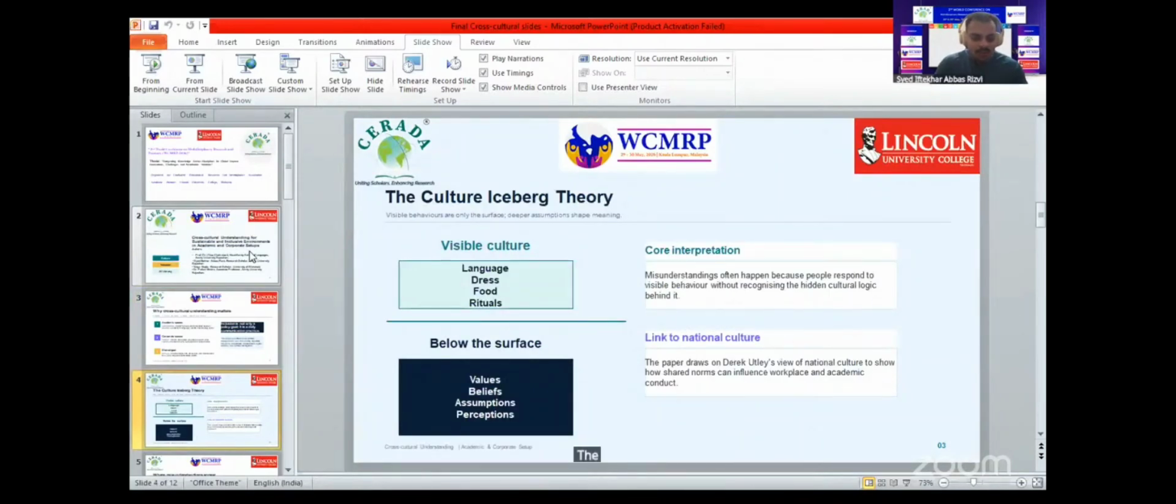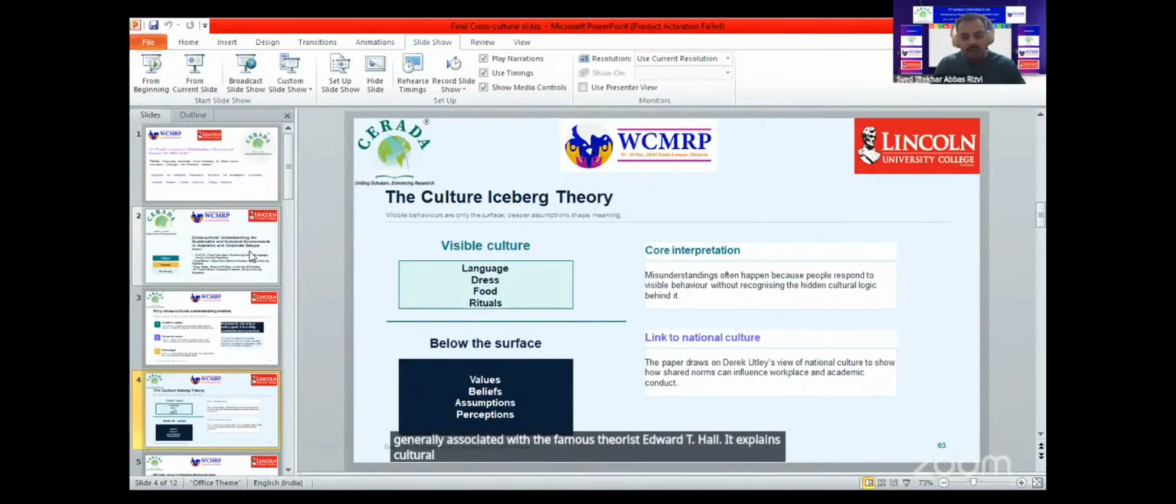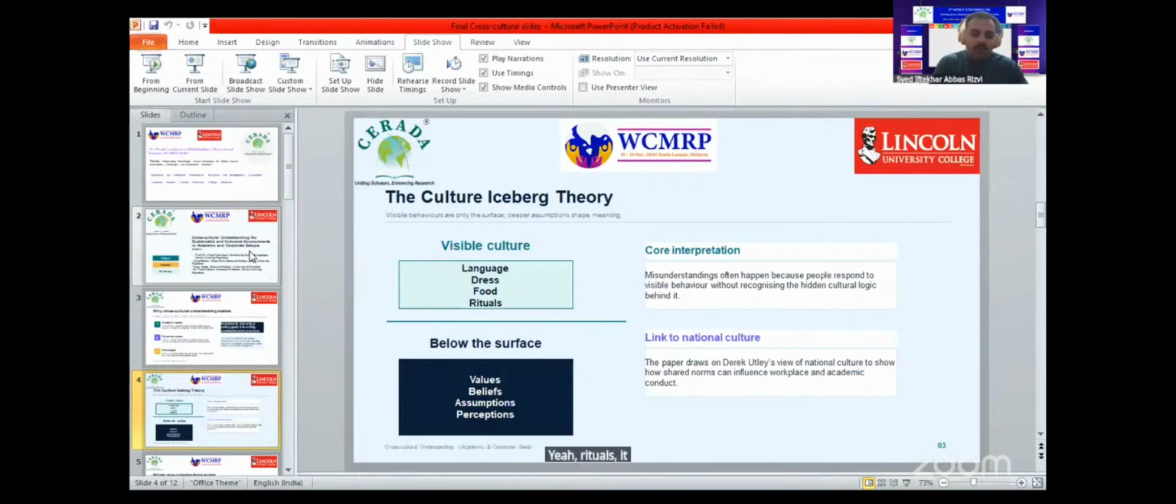So, the cultural iceberg. Basically, this cultural iceberg theory is generally associated with the famous theorist Edward T. Hall. It explains culture through the metaphor of an iceberg. Only a small portion of an iceberg is visible above the water, while almost 80 percent, the larger part, remains hidden below the surface. In the same way, visible cultural elements such as language, dress, food, and rituals form only the surface of culture. Beneath these visible signs